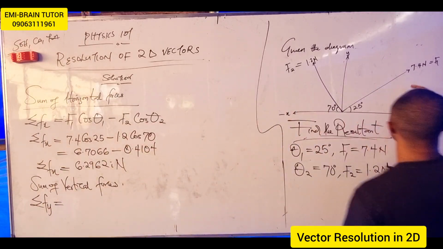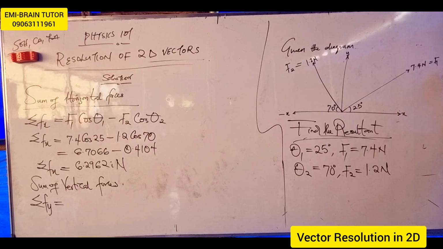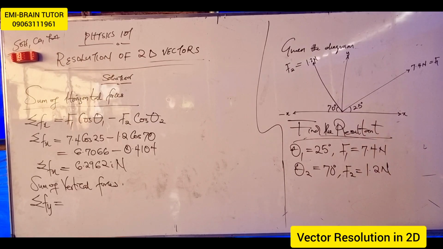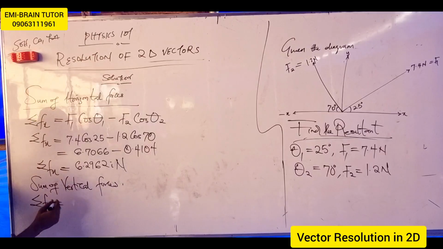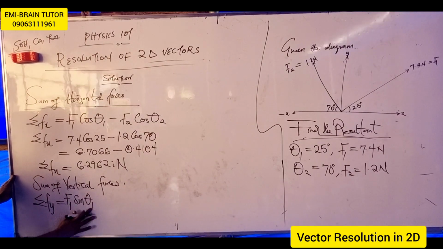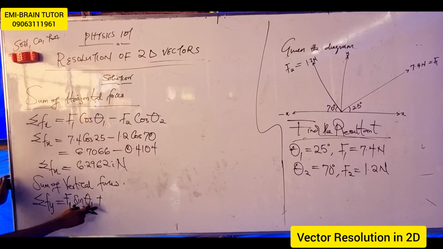For the vertical, my y is positive for F1. That means 7.4 F1 sine what? Theta 1. Why is this sine? Because the angle is along the x-axis. So what do you have here? F1 sine theta 1. Are you there? Plus. Why are we using plus here? Because